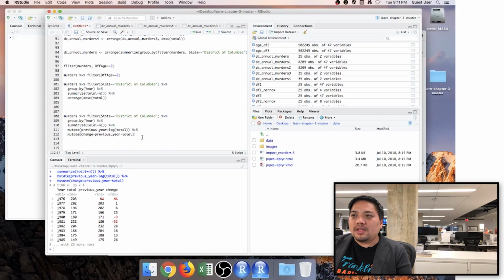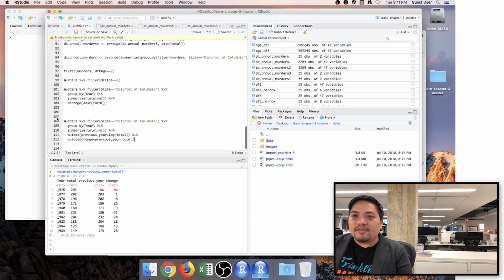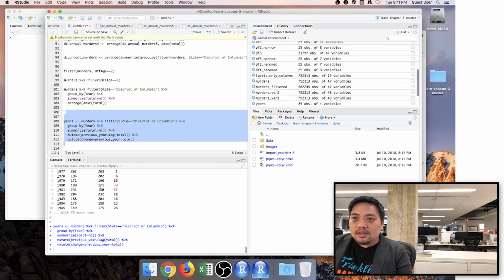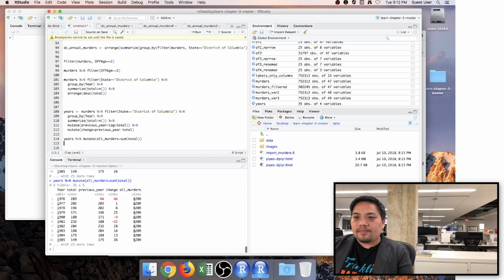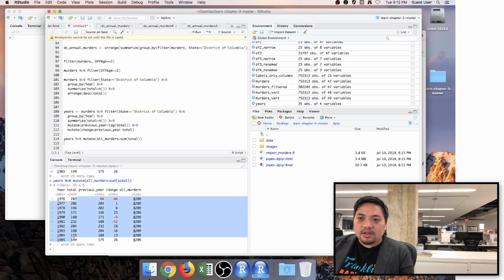So let's say we did, I'm going to save this as years first of all. Arrow, years. Double check years. Okay, we got the data frame saved. What if we passed it mutate all murders equals sum of total? So now it took the result of total here and it shoved it at the end, which might not be